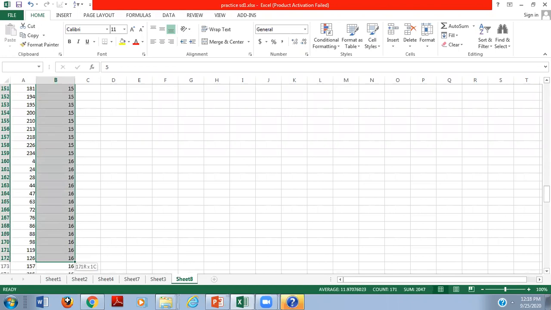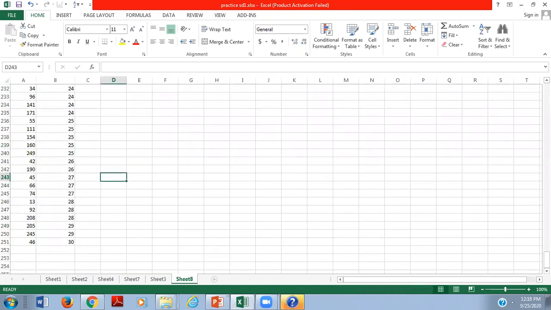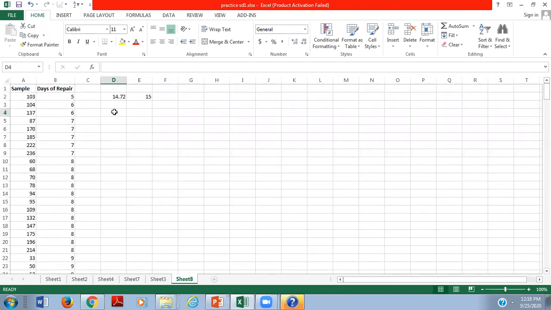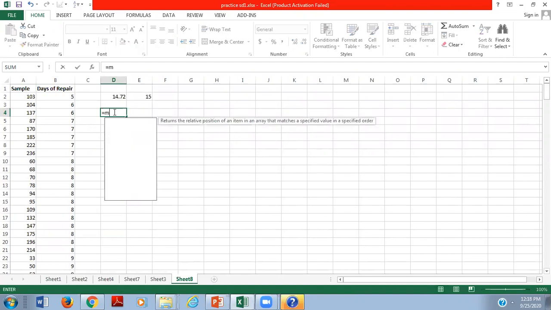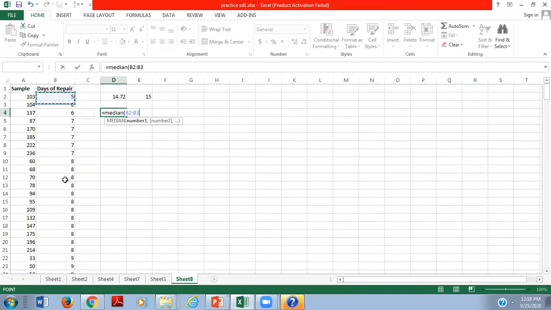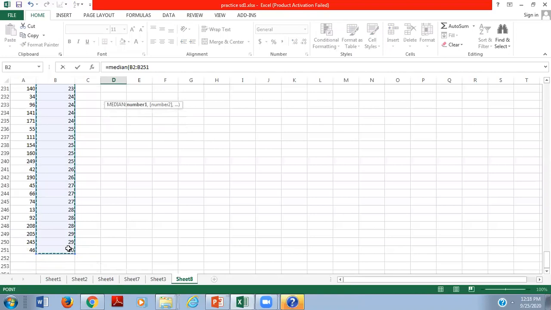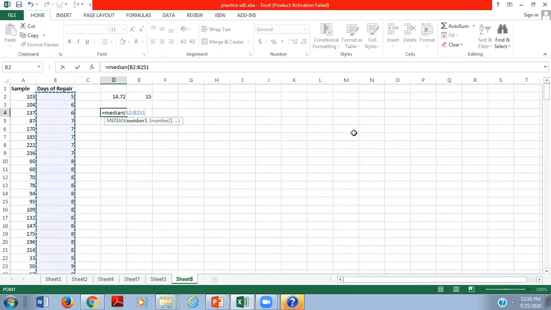Now we have to calculate the median. So for the median, what should we do? The formula we have to write is MEDIAN. Then we have to start it, then select the whole range up to 250 samples.